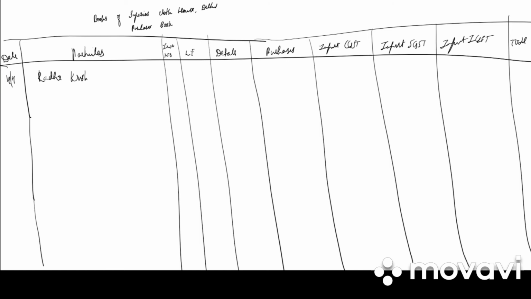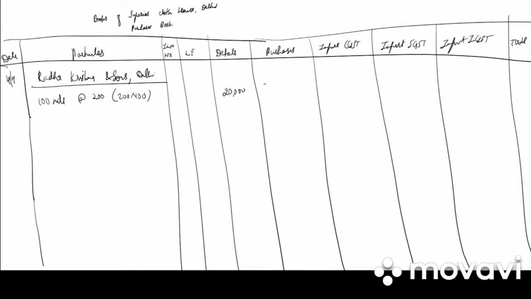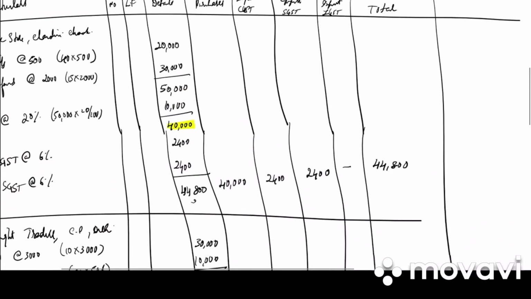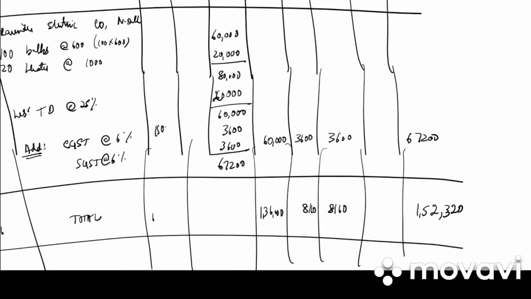Radha Krishna and Sons, Delhi. Under that we have 100 meter cloth at 200 per meter. So 200 into 100 we get 20,000. So they have given us the invoice number. So under the invoice number write 305. In the previous problem I forgot to write the invoice number. So you are supposed to write the invoice number, that is, for the first one it is 480, second 2310 and last it is 1508.